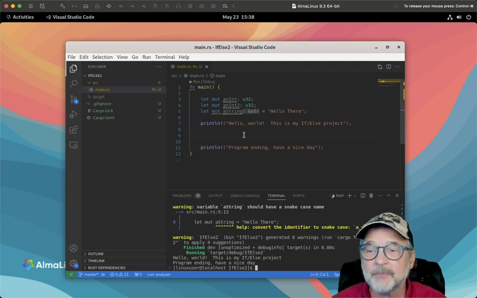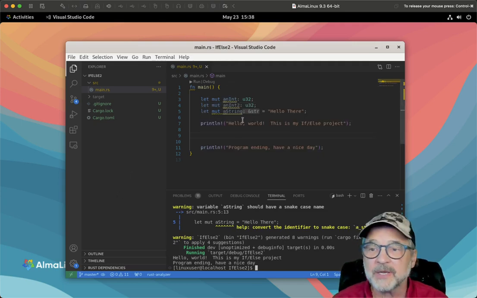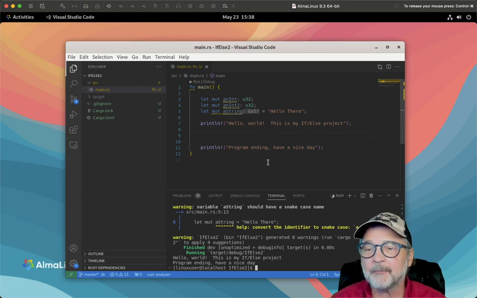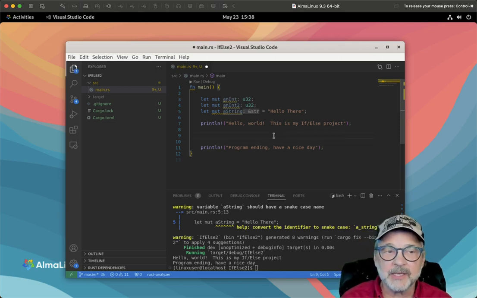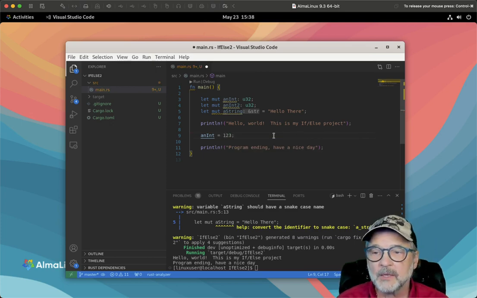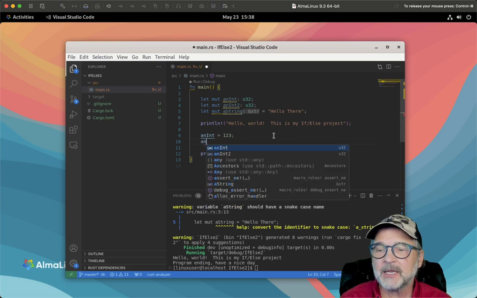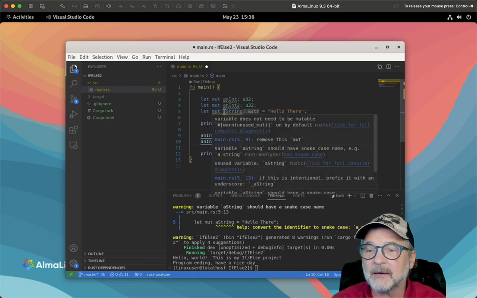Okay, great. So we've got our variables. Now, Visual Studio Code and or Rust is telling you that I'm not really using these, so why have them? Well, that's just because we haven't done anything yet. Okay, so let's ask a very simple thing. What I'm going to do is I'm going to go ahead and say an int equals 1, 2, 3. So that's the first thing I'm going to do. I'm going to give my second integer a value, and the string right here is,